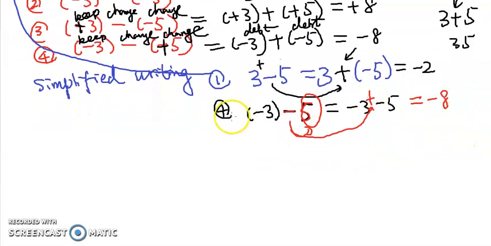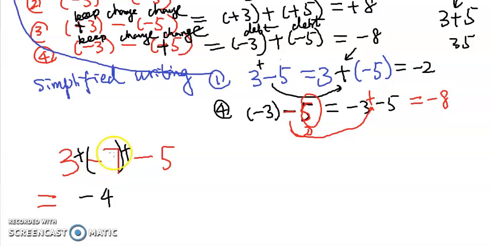So we can look at another example, a simplified writing question. So 3 minus 7 minus 5. So when we do this, 3 minus 7, you can use a real life example. Some students may be able to see it's negative 4 immediately. But if you have trouble seeing that, insert a plus sign in front of the negative. Again, subtract can be changed to addition, and the opposite of that. So we do 3 plus negative 7, which is negative 4, more debt